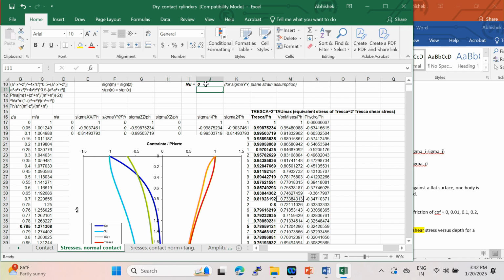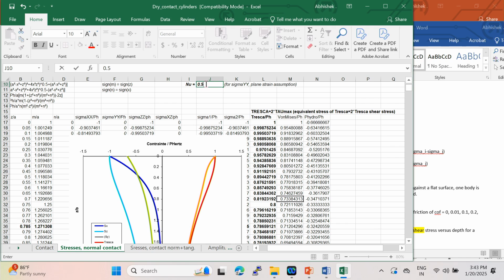Because by default, Abaqus proposes a plane stress element. And very often the students do not check, they do not decide which type of element they choose. For me, it's very simple to detect this error, just by seeing if the maximum is at the surface or below the surface. Okay, now let's go back to the solution for a rubber. You can do that by yourself if you have the Excel file.